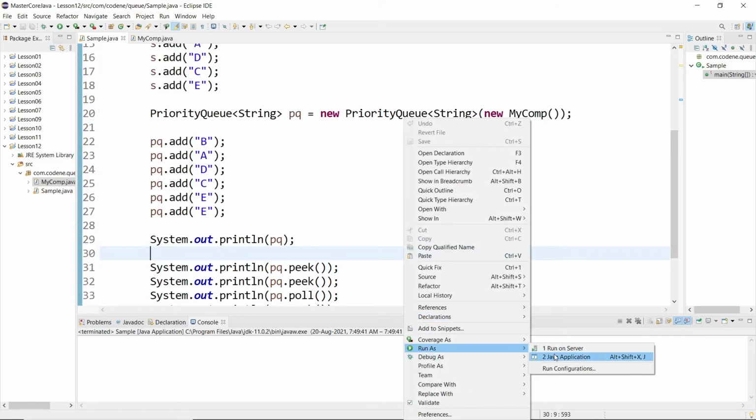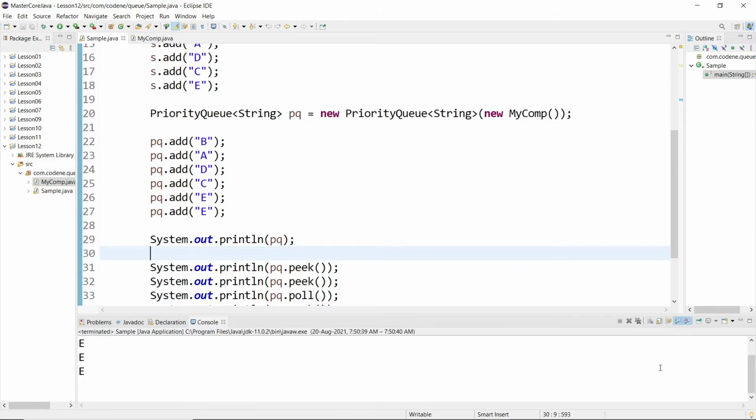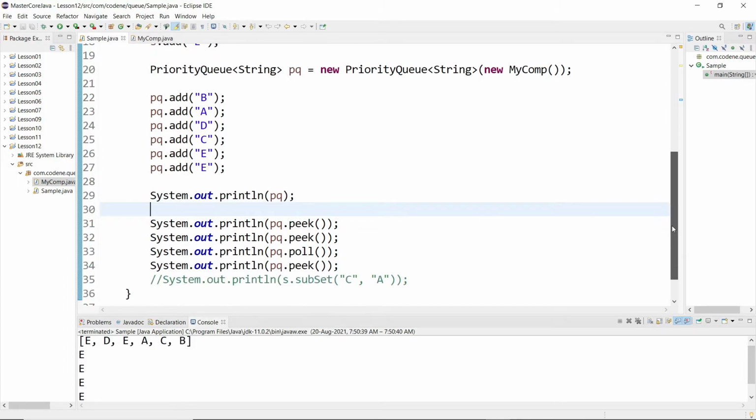Okay, here if I run this now, you will see we are picking the e value only. Now it is in a descending order and I have put double e, that means duplicate e's, and when I do peek and poll, we are getting e, and once the first poll is done, the second element is also e, right? So that is the order that you will get, first in first out. All right, but as I said before, the iteration order is not promised.